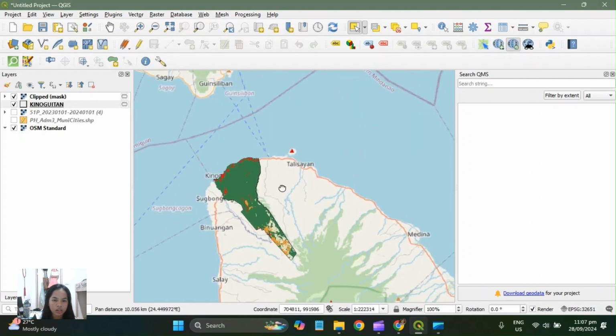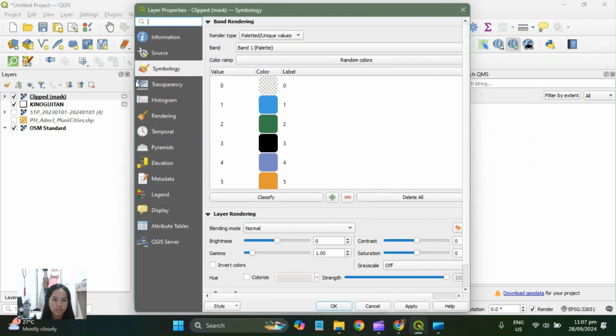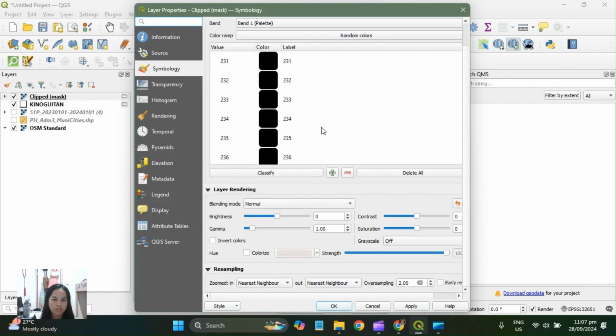Then after that one, we need to go to the clip mask properties. So go to the symbology, and as you can see, there are 255, I think, yes, symbols.